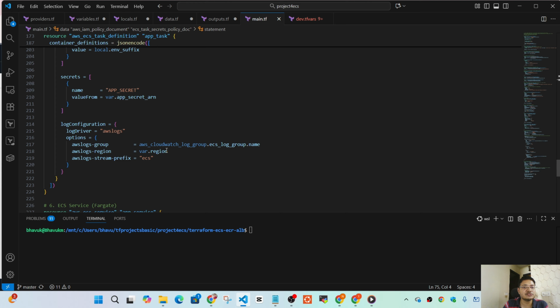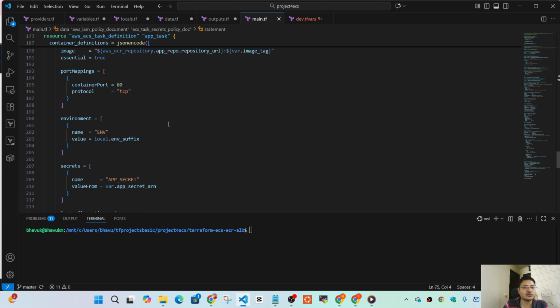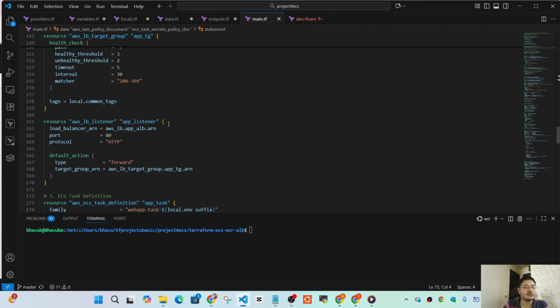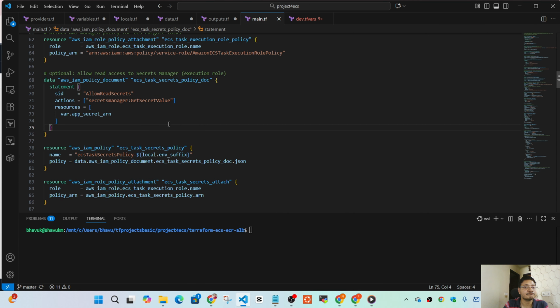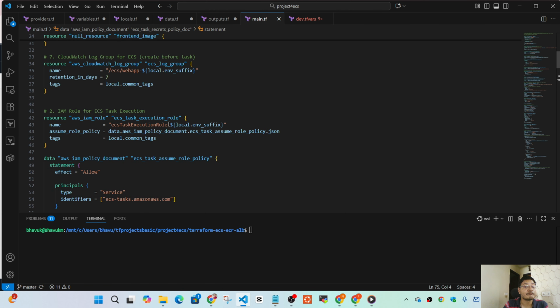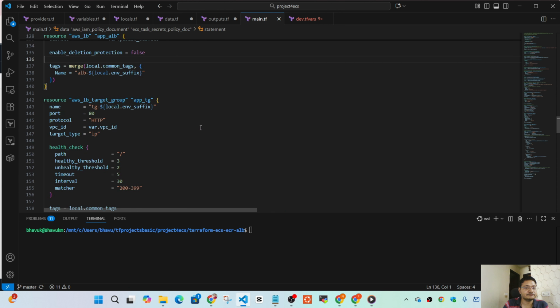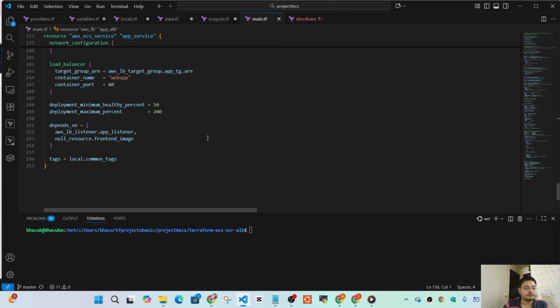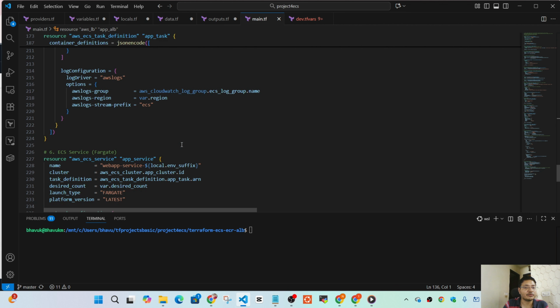the name of the CloudWatch log group, which I've already created as part of the Terraform configuration here in main.tf. As you can see, if you scroll up, you can check the log group configuration was already created here. Okay, so I'm using this same value. So I'm passing the name of this resource here. Here, okay, and then at the end